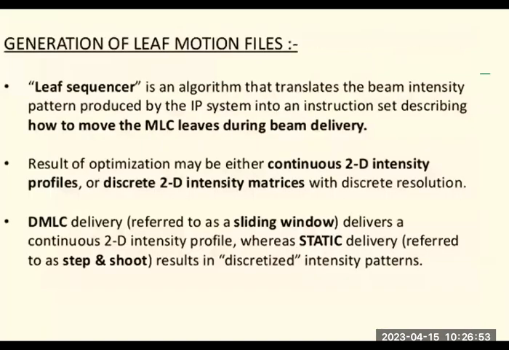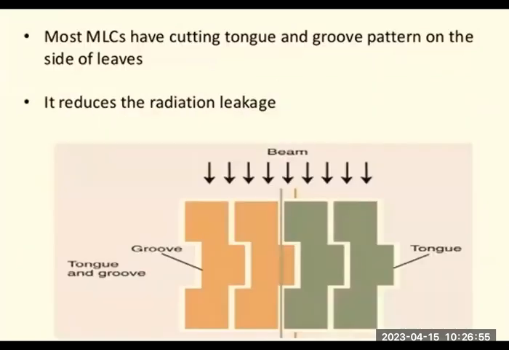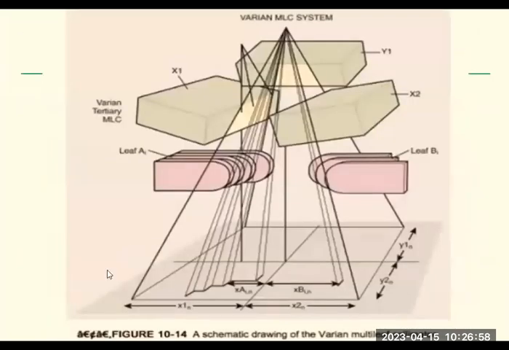So, generation of the motion files. Now there are leaves present here. These leaves, leaf A and leaf B, have to be moved based on the program, because the program is what controls any machine. Today we use an embedded system. An embedded system is nothing but embedding software into hardware, which is a microcontroller. The microcontroller has all the interfacing components, ports, etc., that can be connected with different motors to control these